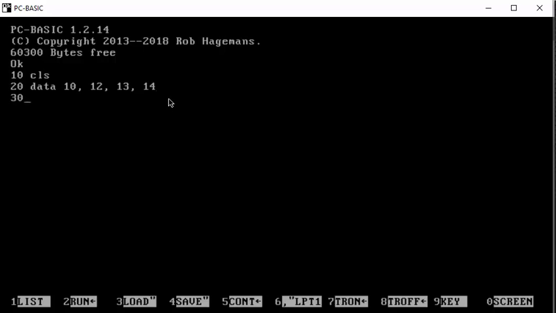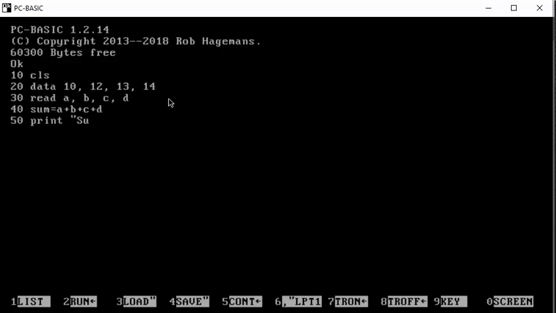Next is 30, READ A, comma B, comma C, comma D. And then on 40, let's say SUM is equal to A plus B plus C plus D. And then on 50 PRINT. What will this do?